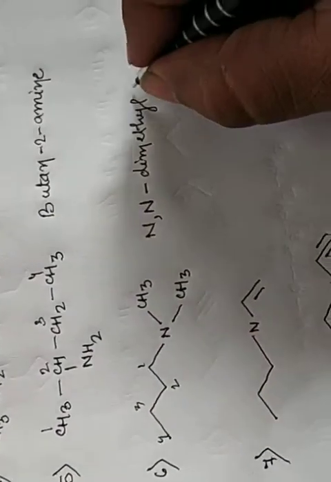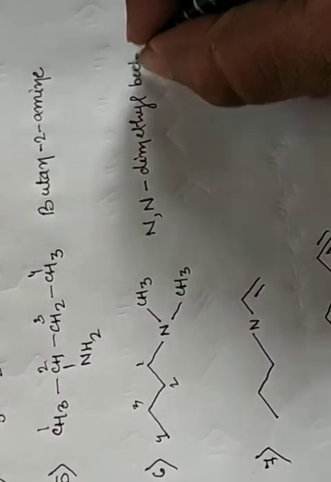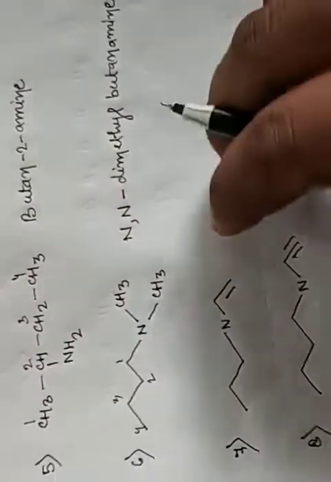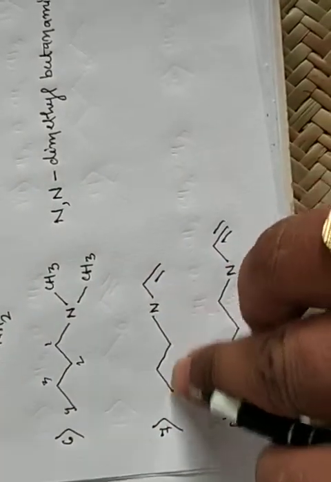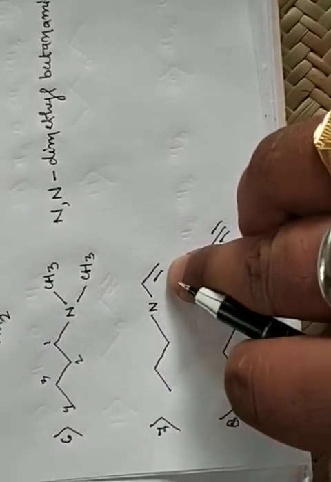and there the longest chain is what? 4 carbon. It means butane, and E replaced by amine, butanamine. Clear? Okay. Now there's a double bond, there's a simple carbon chain, so you know very well the priority of